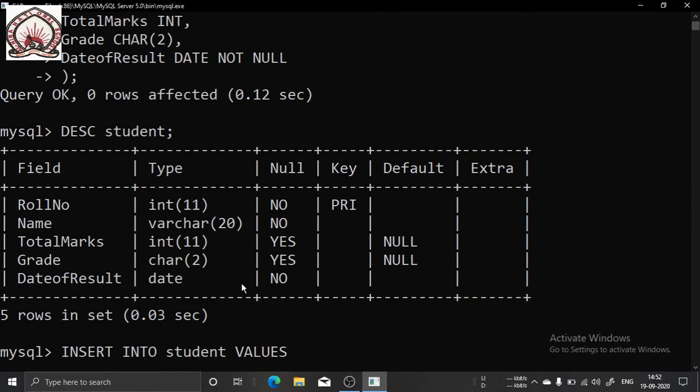Then I'll give a bracket. Within this bracket, first is my roll number. Let me give roll number 1. Then a name. The name is varchar. As I already told, varchar, char and date we have to give within single inverted commas. So the name I am giving within single inverted commas, say Abdul.